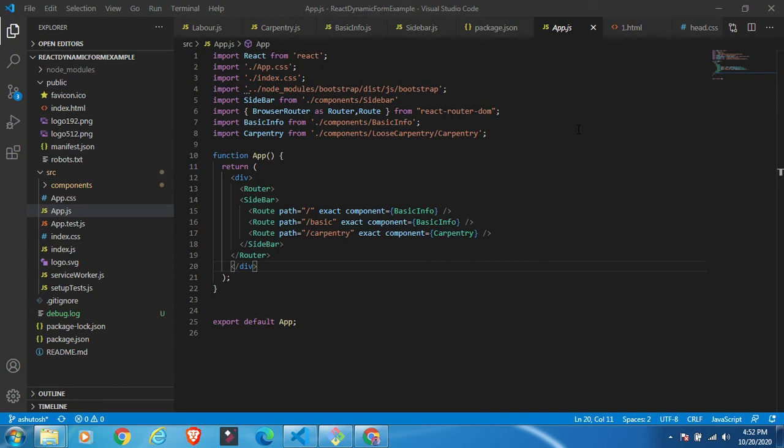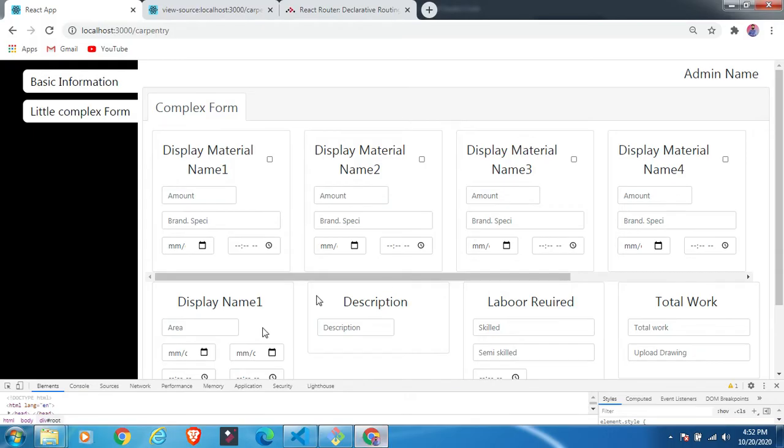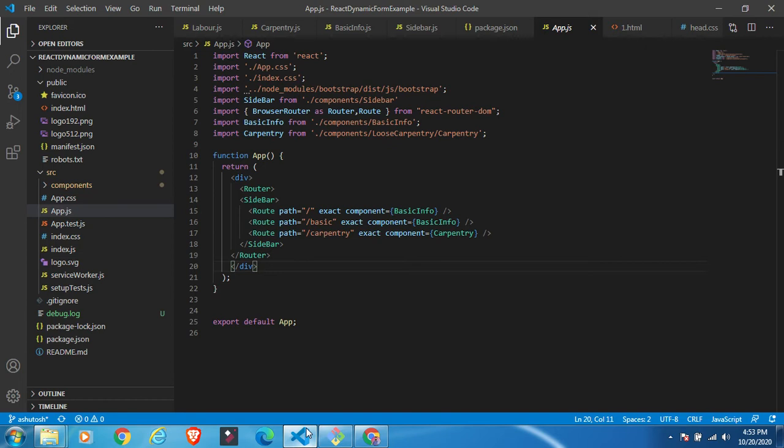Hello friend, let's start to understand how to achieve this type of requirement. Before that, we will understand some of the basic things about React so that the beginner cannot face any issue.